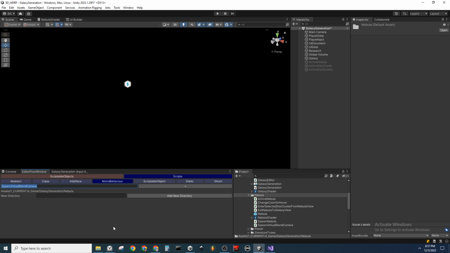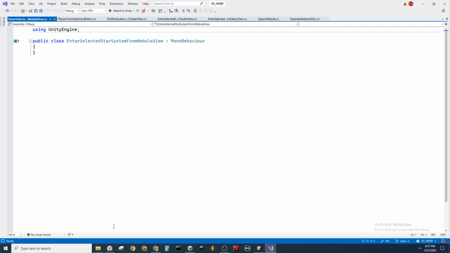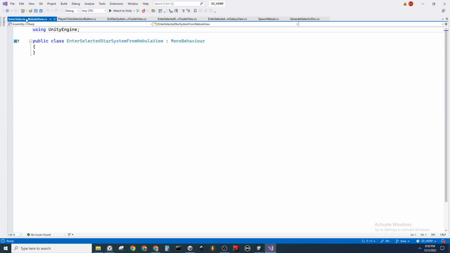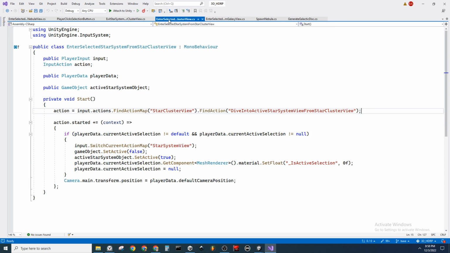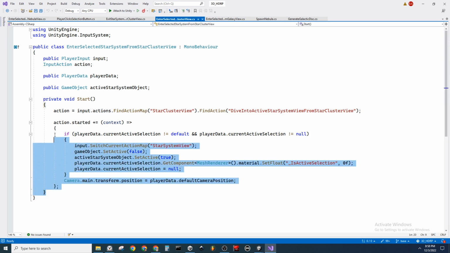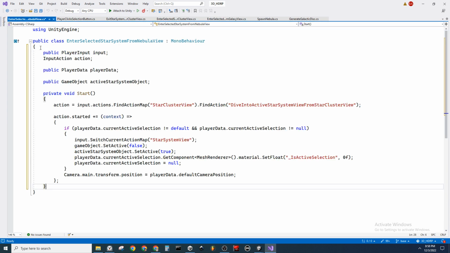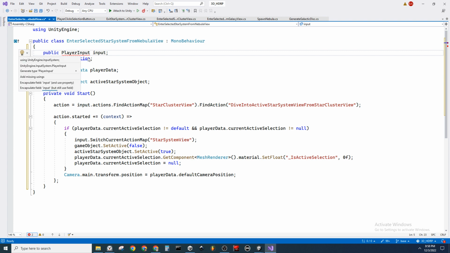Alright, so I'm going to call this enter selected star system from Nebula view. And we're practically just going to copy paste star cluster to star system, basically. So enter star system from star cluster, enter star system from Nebula. So we're going to grab this code here, place it in here. It's going to complain that we don't have the input system set up, so let's use